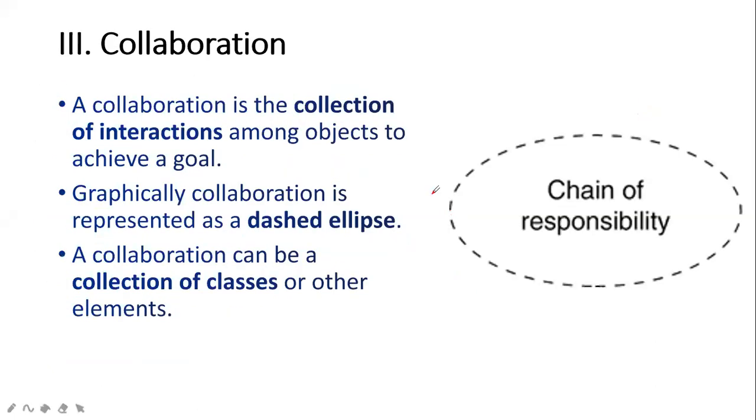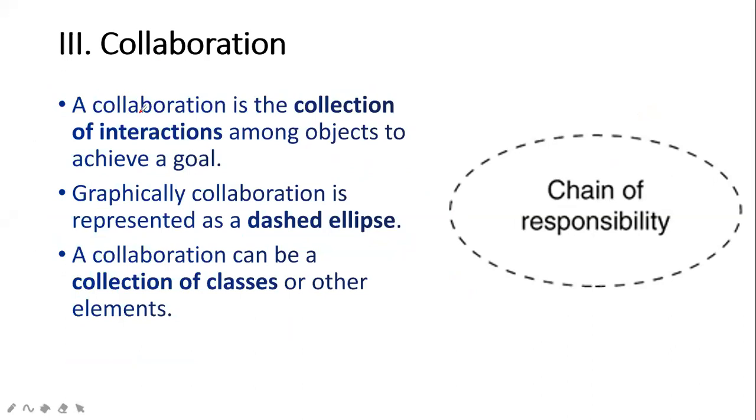Now the second one. These are the things you should always remember when you are going to design or draw UML diagrams. Next one is the collaboration. What is collaboration? It is a very simple one. It is a collection of all the interactions between the objects, right? If you are working with different objects, the collection of all those interactions is termed the